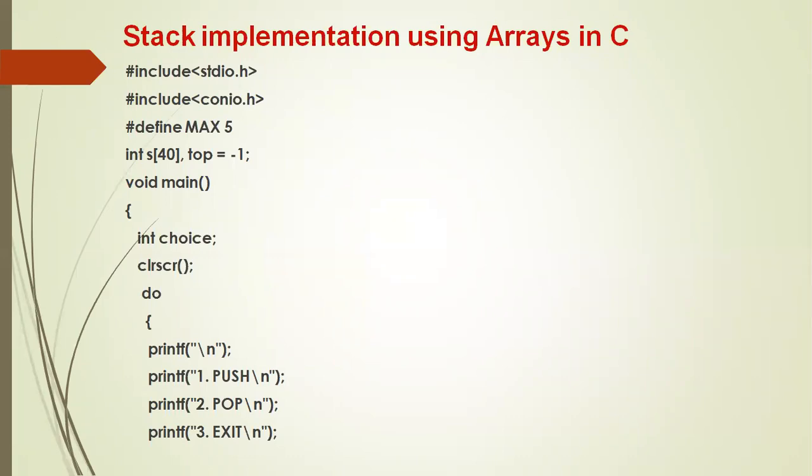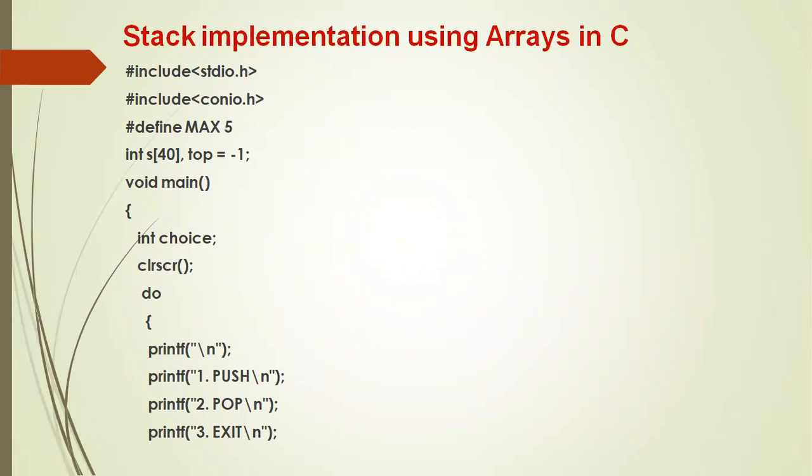In case of pop operation, the first condition you have to check is whether stack is underflow or not, if stack is empty or not. When it is empty, if top equal to 0, then we say that stack is empty, and we call it an underflow condition. Otherwise, you remove the top element and decrement the top pointer. The push operation checks for overflow. Overflow occurs when top value and the max value are one and the same. Max is 5. If top also reaches 5, it means all the locations in the stack have been occupied. In that case, no insertion is possible.